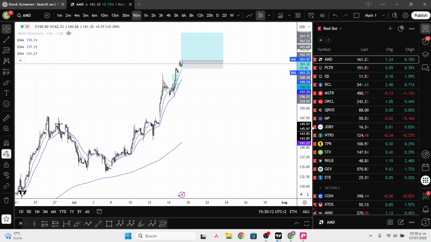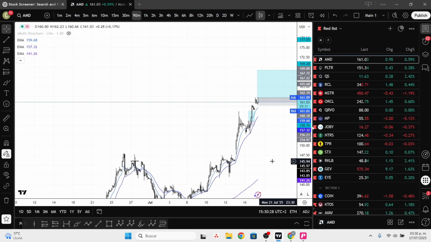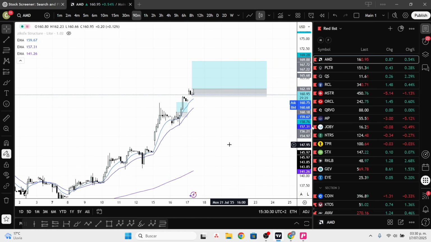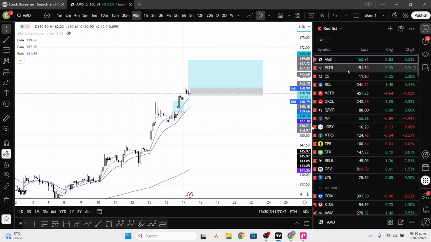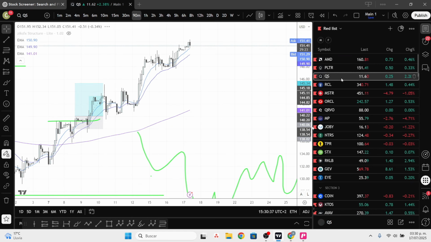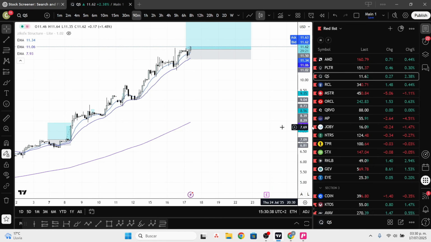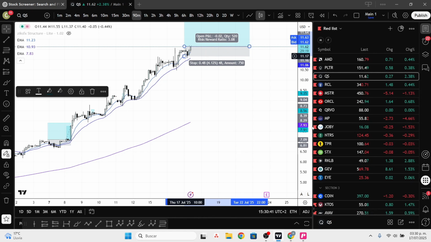Now at this point, I was watching it. I wanted to see a deeper retracement. It never happened, but if, let's say, it retraced to the 10 EMA and then went through some kind of bullishness, even if it went through the high, I would probably have taken this trade. I wanted to see something a bit deeper, and since that didn't happen, I went into QS